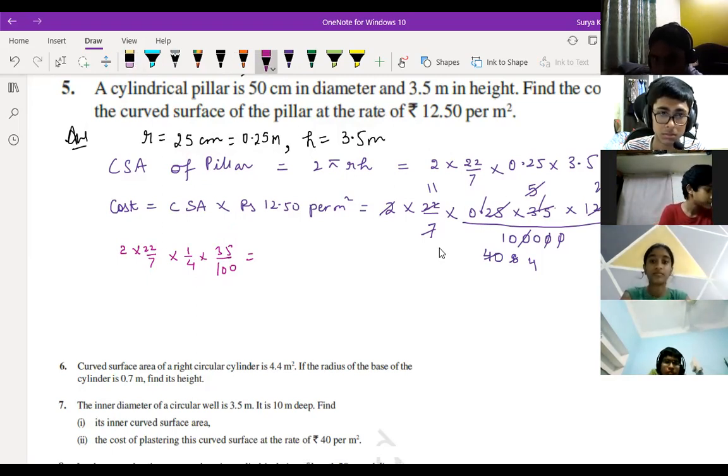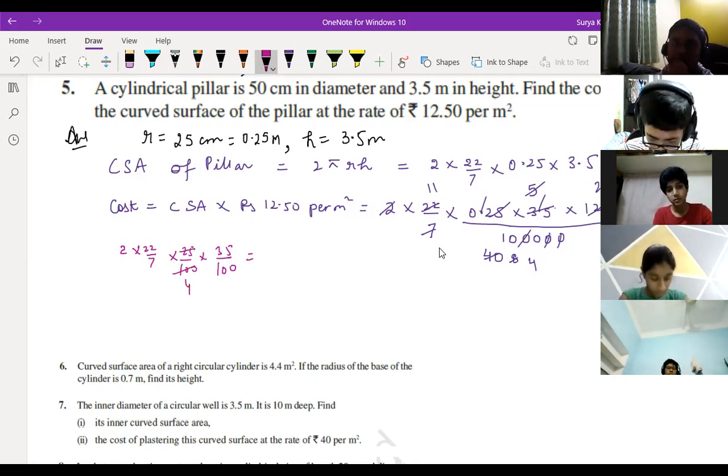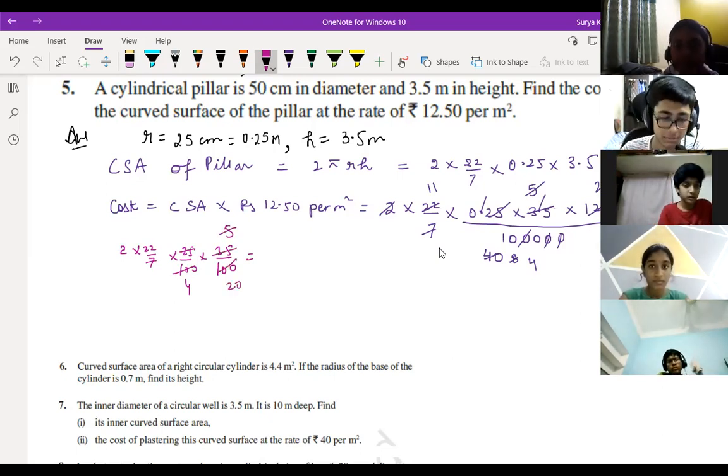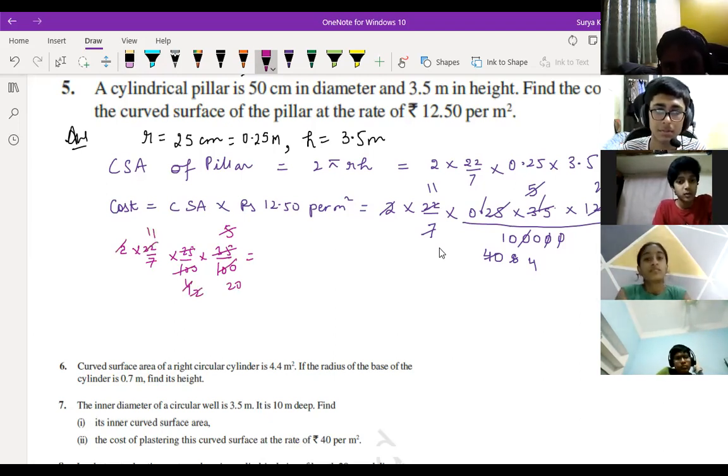See, 2. Sir, I didn't get how you got this 1 by 4. I didn't get those 1 by 4 and 35 by 100. Acha, you're not getting this one. I'm writing 25 by 100 only. Okay, wait. Sir, we are converting 0.25 into 1 by 4, right? Yeah, 1 by 4. Now you understood. See, 7 5s are 35, 5 20s are... Then 2 2s are 4, 2 11s are...